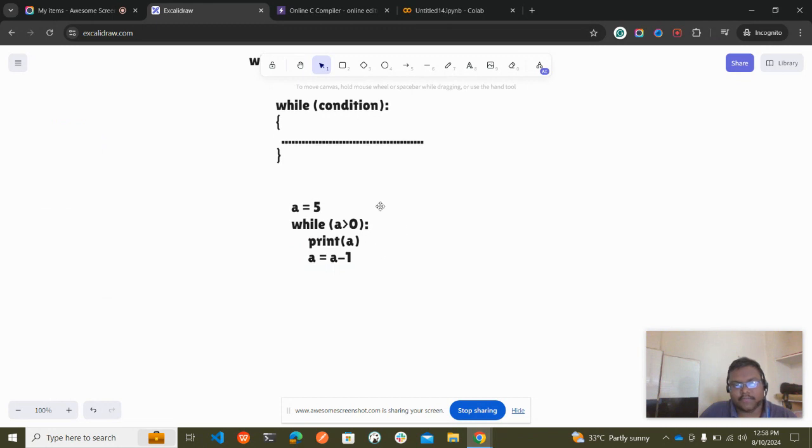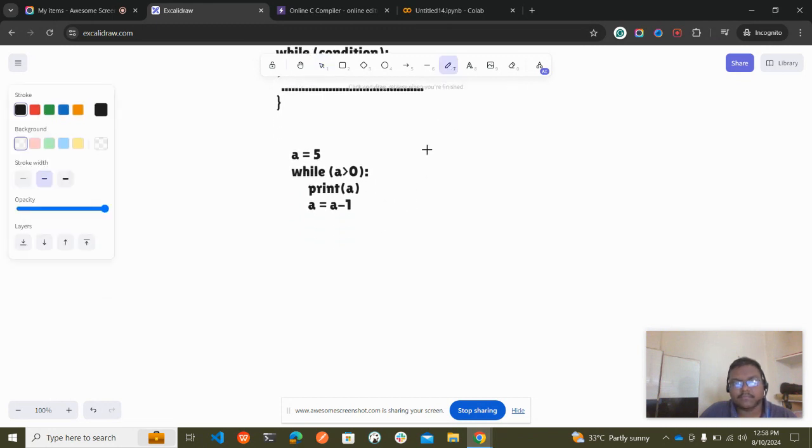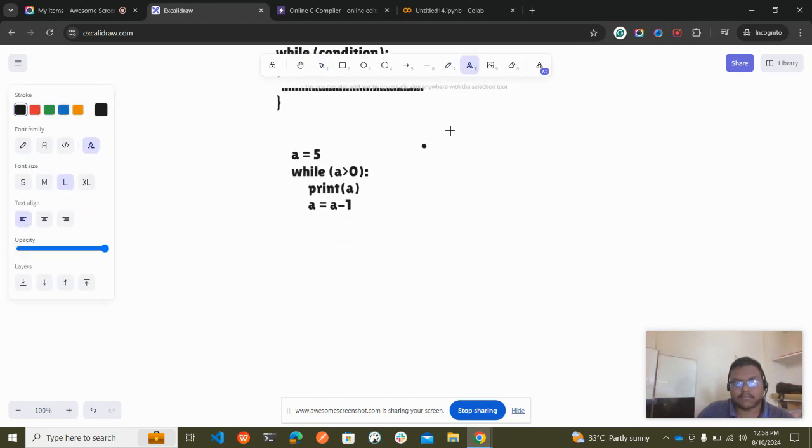For the first iteration, we have a is equal to 5, and the while condition a greater than 0 means 5 greater than 0, which is true.